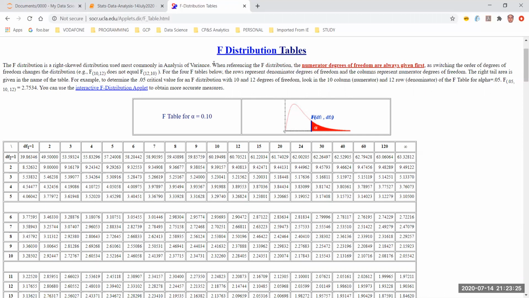What this means is that I am going to have more than two samples, but these two actually refer to the DFG and DFE. So it is the degree of freedom for the groups and degree of freedom for the errors, which will be the inputs to this table. So let's say degree of freedom for groups is 5 and degree of freedom for errors is 6. Then obviously my F critical value comes out to be 3.10751.